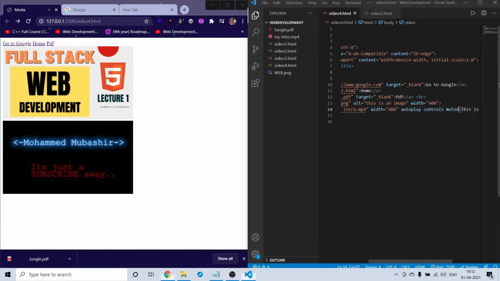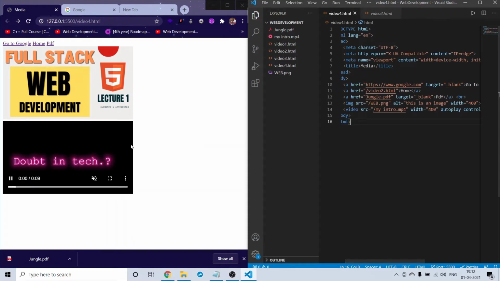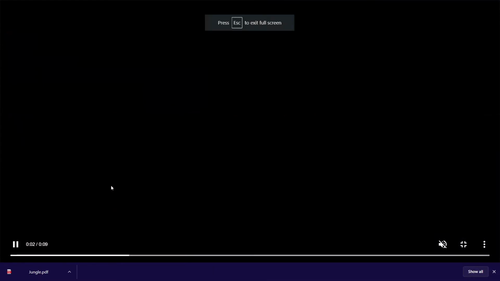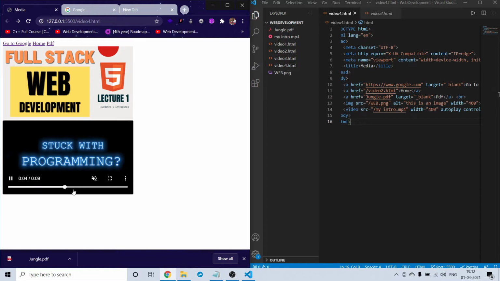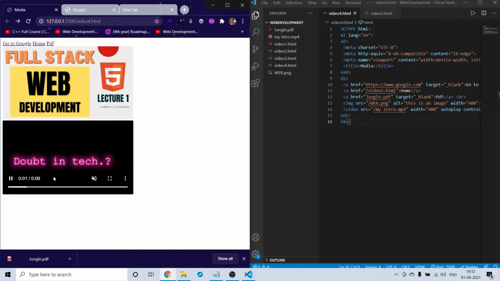And if you want, you can also use an attribute which is loop. So the loop is nothing but one. See, now I haven't saved this, so this got stopped over 0 and 9. But when I save this, check this out, 9, and see, it has started again. So this is nothing but loop.